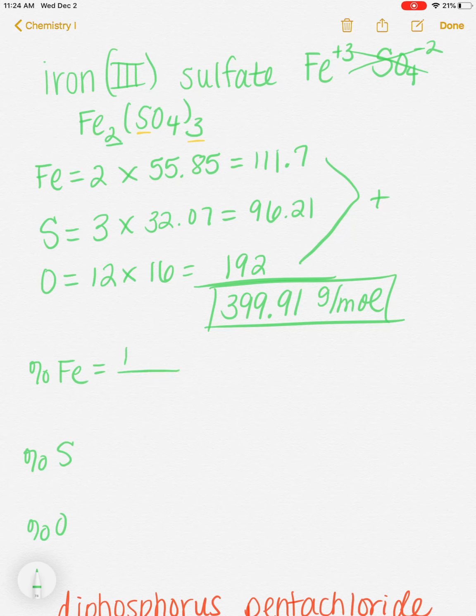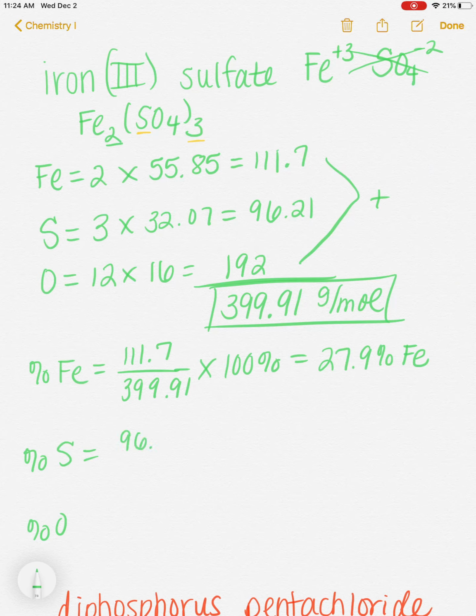So for iron, the total mass of iron in the compound, if we look back at our calculations, was 111.7. We're going to divide by the total mass of the compound, 399.91, multiply by 100%, and I get the value of 27.9%. And it's probably best if we label that as percent iron so that I know that that's the percentage that goes with iron. Next, we can find the percentage sulfur by taking the total mass of sulfur, which is 96.21,